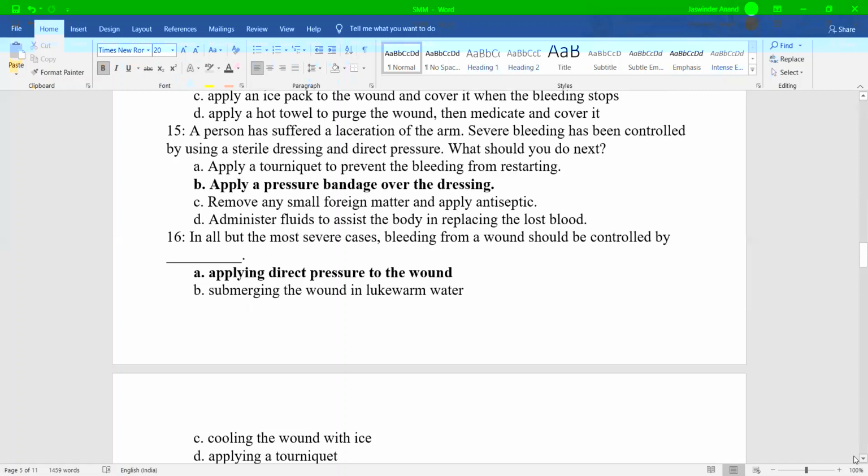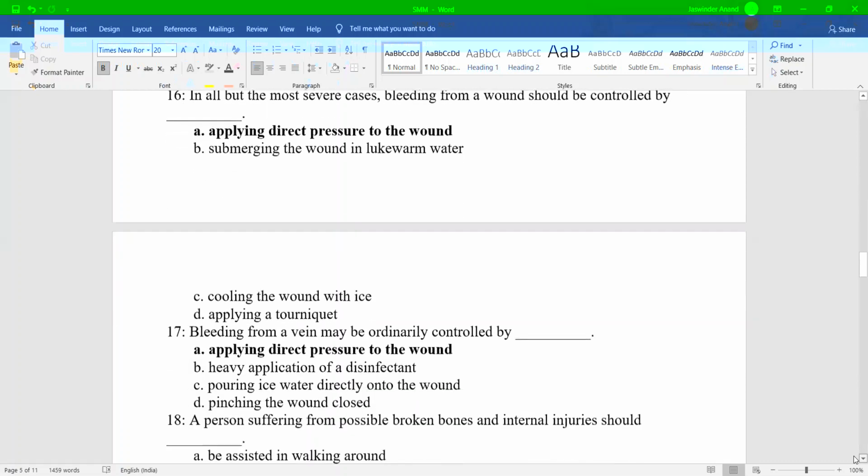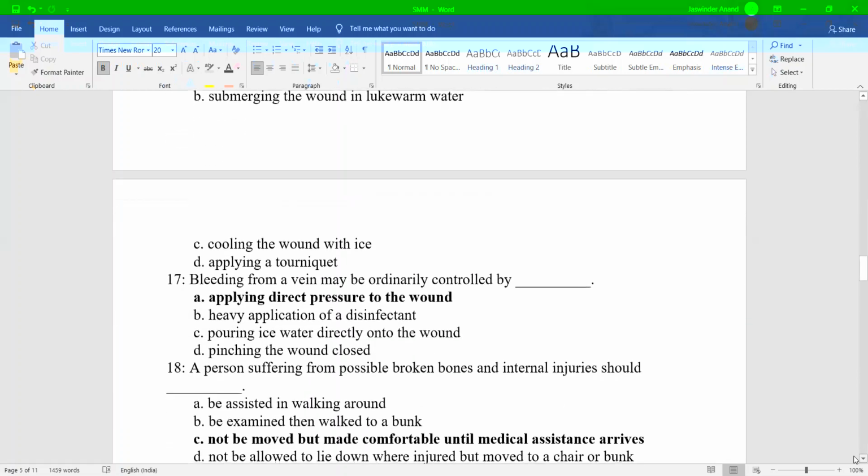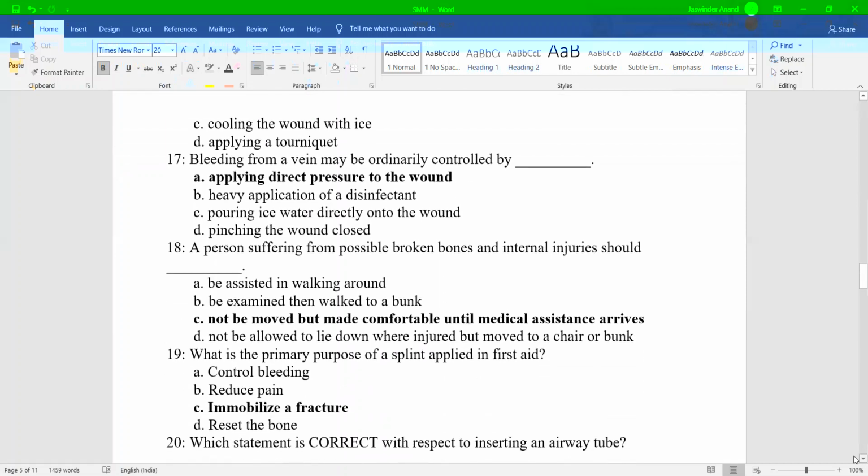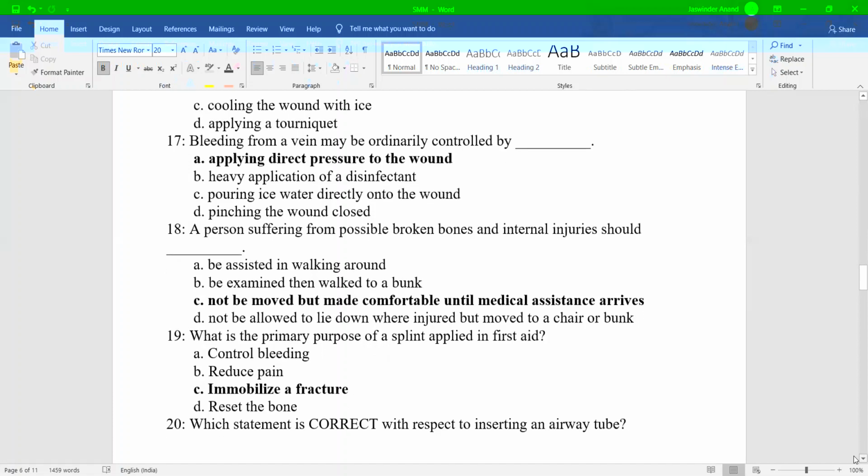Anywhere you see bleeding, you should apply direct pressure so that the blood is not lost. Question 17. Bleeding from a vein may be ordinarily controlled by applying direct pressure to the wound. Again, same. Question 18. A person suffering from possible broken bones and internal injuries should, the answer is C, not